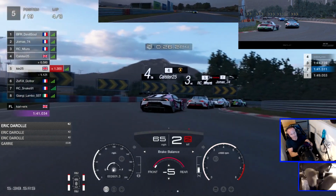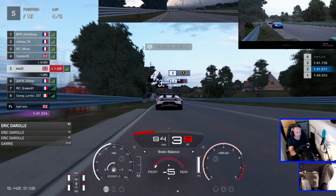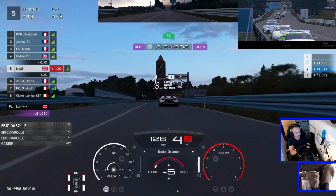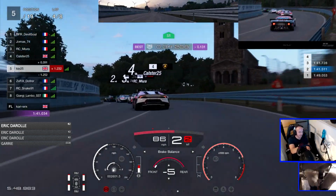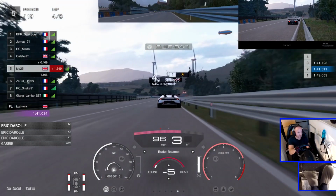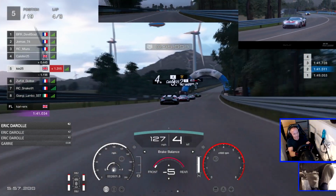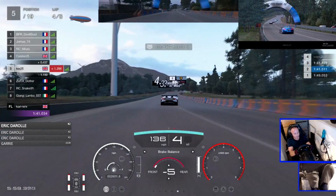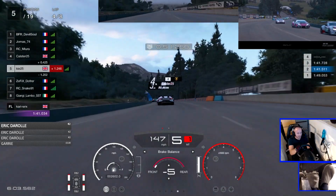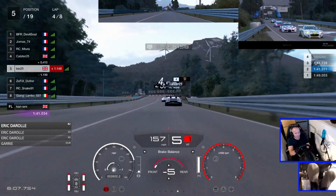But you can see now Calster again getting very close. That Lamborghini very twitchy when you try and brake a little bit later and try and get on the power early. The Lamborghini can become very twitchy. However, he's doing a great job there driving on the pad, must be said, against RC Mura, who again is in the Supra. The Supra, one of the stronger cars around this track, and obviously Devil in front, actually taking the lead from Jomas. Now you can see that Jomas has actually lost that one position in the Jaguar, but I think Jomas still will be quite happy in P2 at the moment in this race,